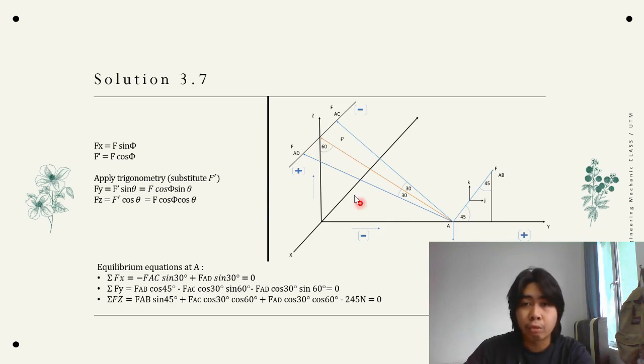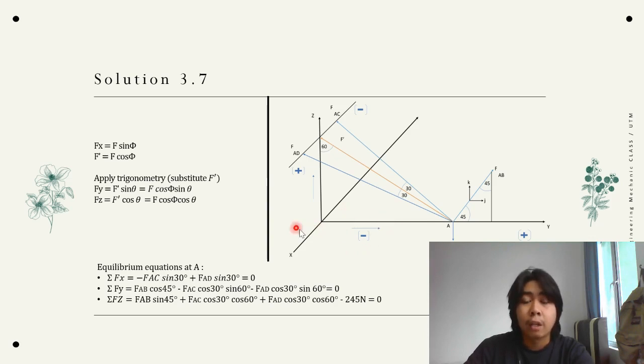So opposite over hypotenuse, we get sine. So FAC cos 30 degrees sine 60 degrees. And it is negative FAC cos 30 degrees sine 60 degrees because it is lying on the negative side of the